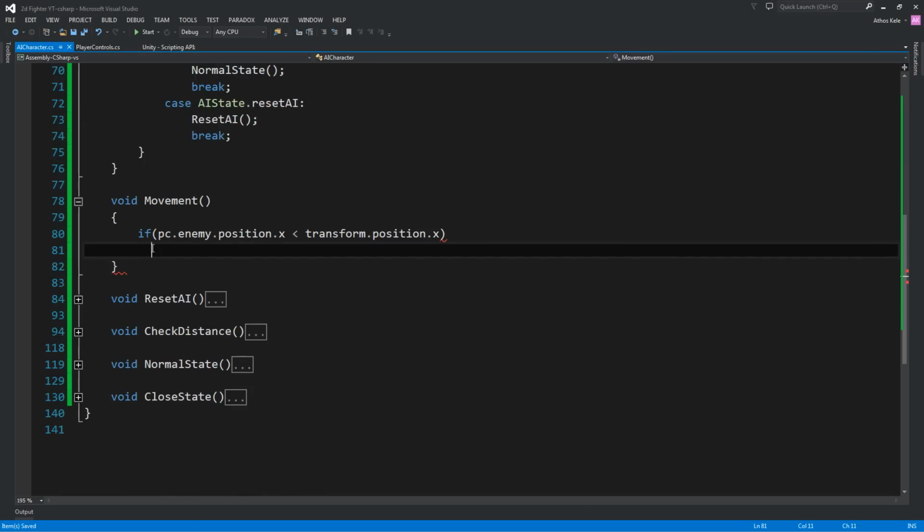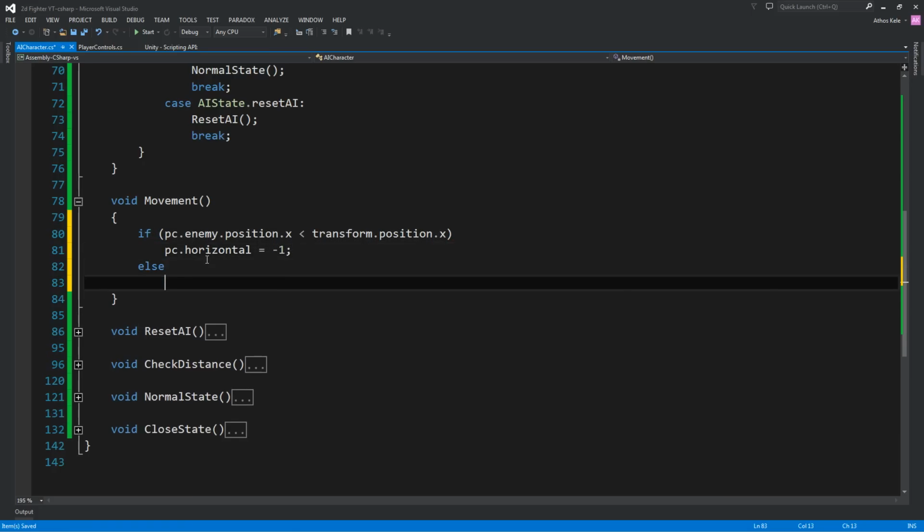Let's go back, and then we will say where we are in our movement function. We will say if our enemy's position x is lower than our transform dot x, then what we will do, we will pass on our horizontal value, we will pass the -1, else our horizontal value will be 1. Okay, so now that we have our one function to see, let's create